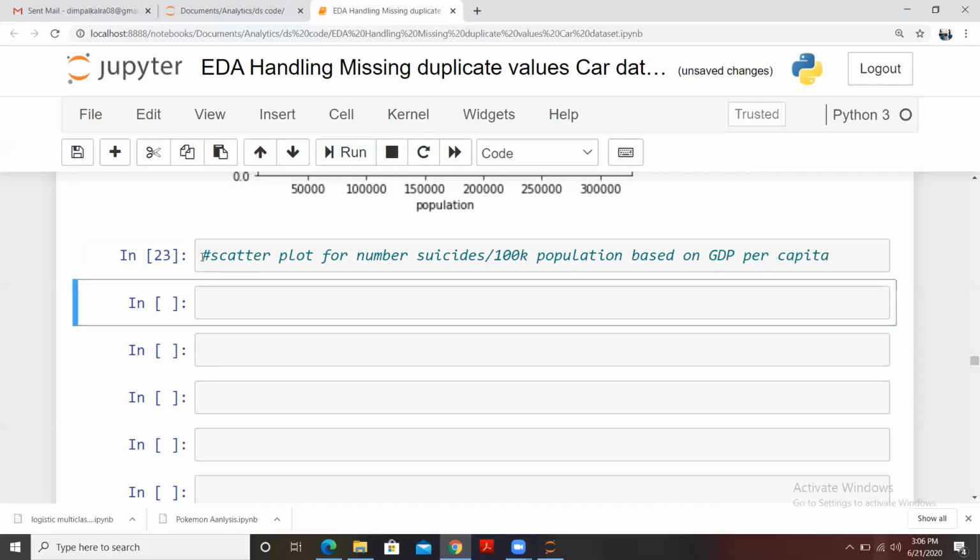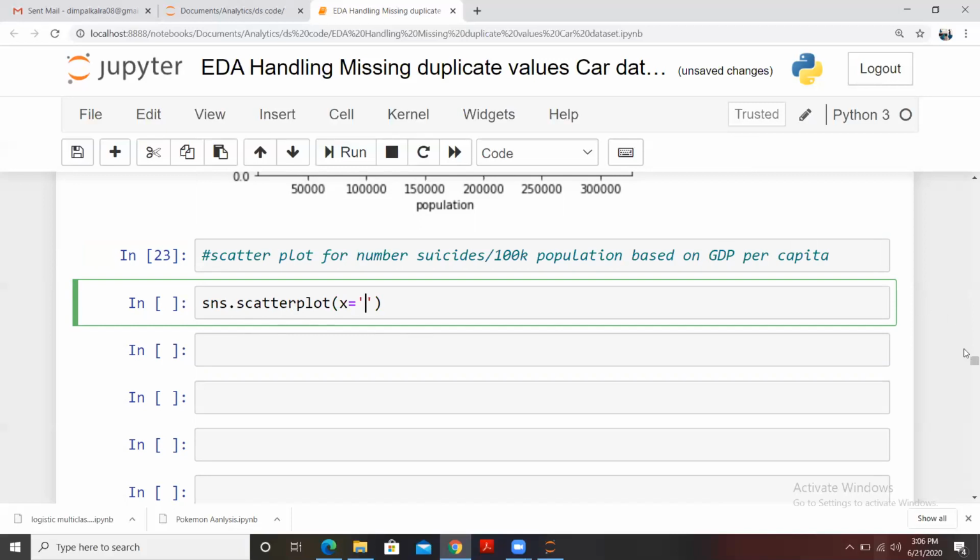Fine. The syntax for this would be, let's say, sns dot scatterplot. I'm not creating any object, I'm just directly creating the plot, and my axis.